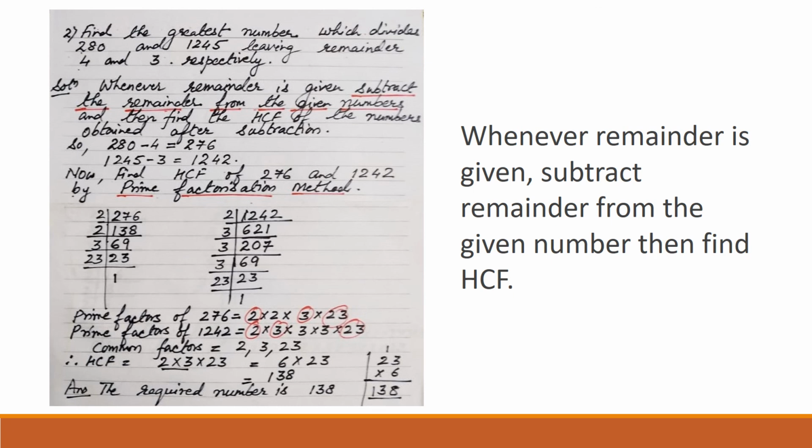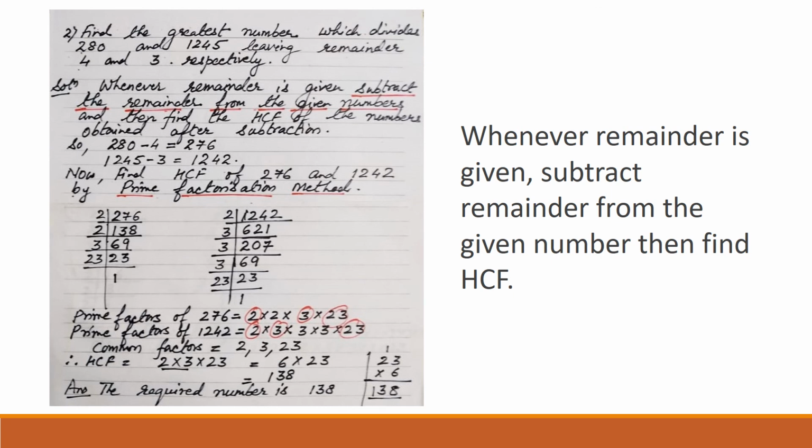3 sixes are 18 and 2 is the remainder. 2 7 is 27, 3 nines are 27. And again 69 you can see is divisible by 3. 3 twos are 6, 3 threes are 9. 23. Now 23 is a prime number, so it will be divisible by itself. 23 ones are 23. So the prime factors of 276 are 2 into 2 into 3 into 23,